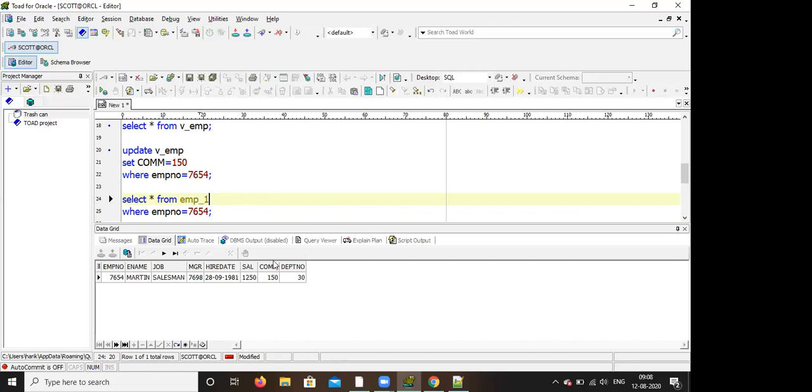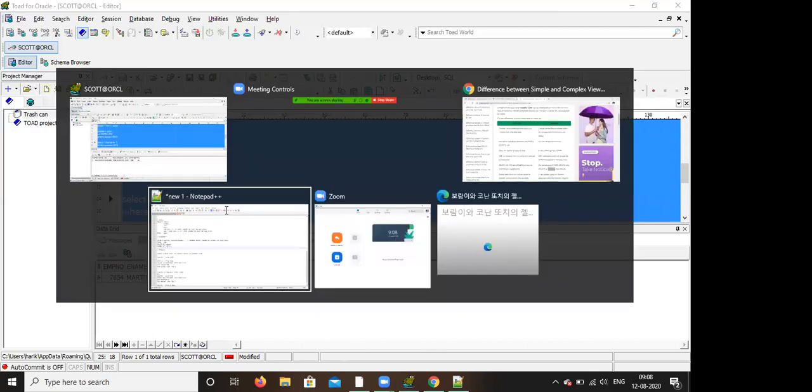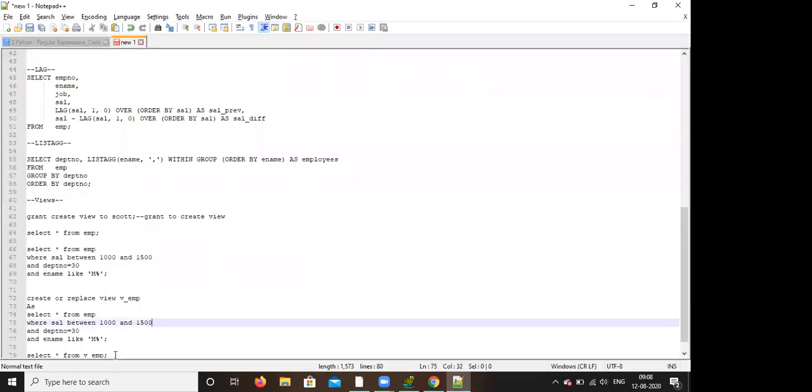Let's write a complex view. Write a query, create or replace. You can save it. They will ask in the interview what the difference is between simple and complex views.